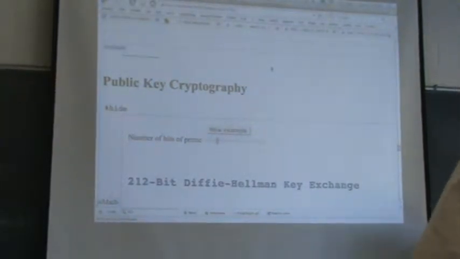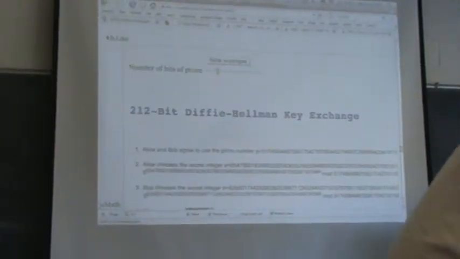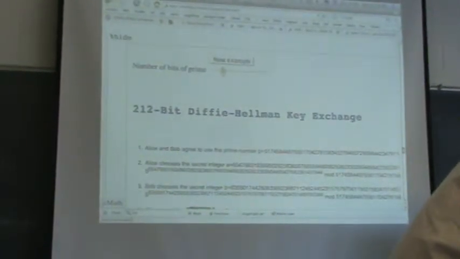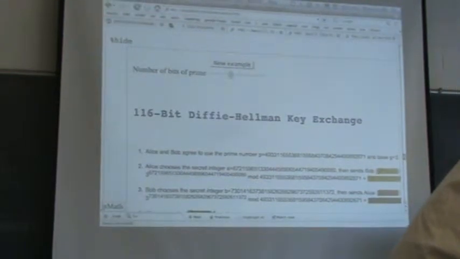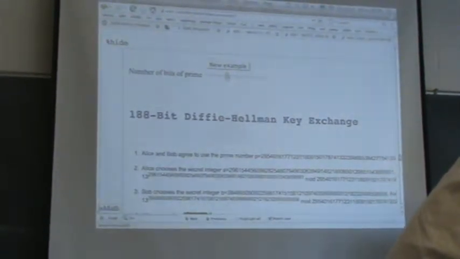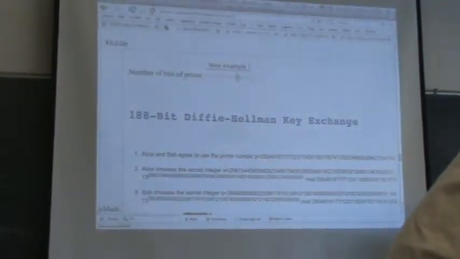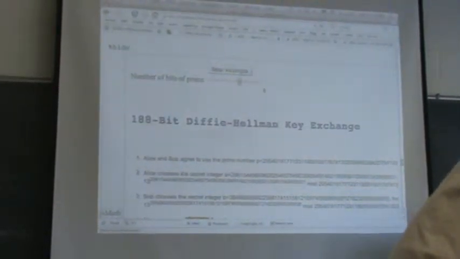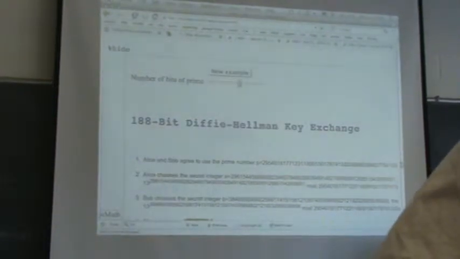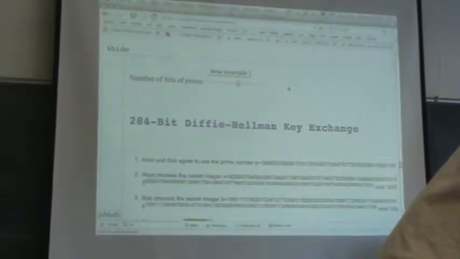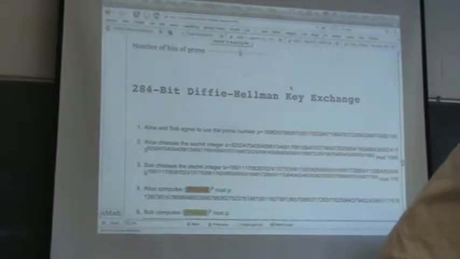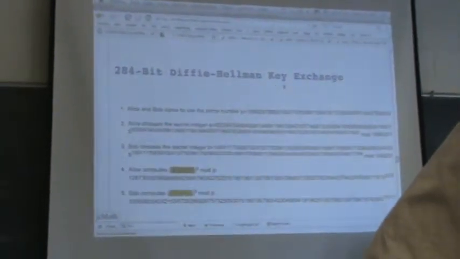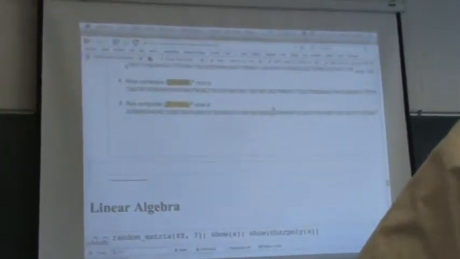So I'll illustrate something about the notebook. If you can't interrupt what's going on, oh, I interrupted it. Good. Okay, so 88. I wonder why it takes a long time sometimes. It's weird. Because there's a 284-bit example. I mean, these are big numbers, so I don't know why sometimes it takes a long time.